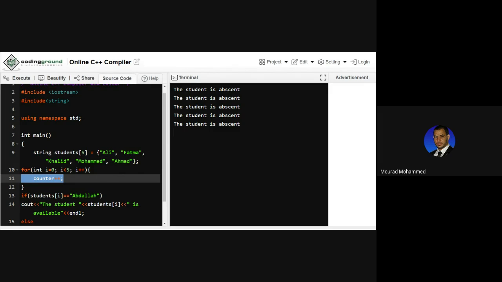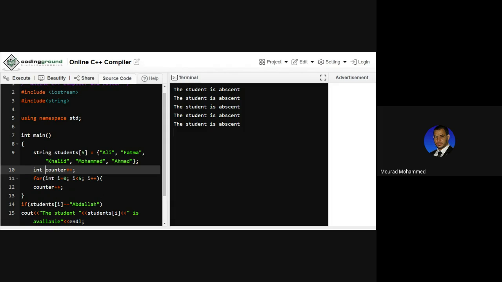The counter has to be declared and initialized here with the value 0. Not position 0, but the value is 0. And it will be incremented, meaning it will be a positive value